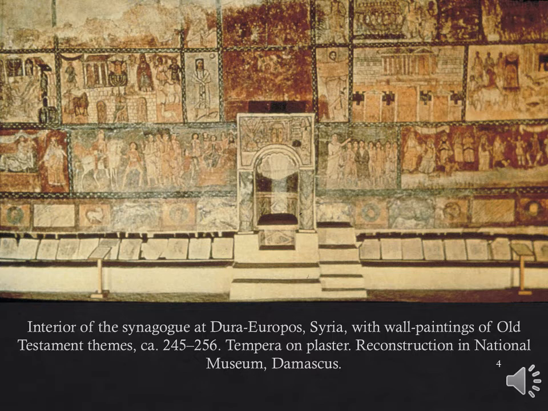Now, in Dura Europus at the same time, there are also many people who are polytheistic, who follow the Roman gods and goddesses, and there are also going to be a fair number of Christians who will populate this region as well. During the first couple centuries of Christianity, which is contemporaneous with what we're looking at in the synagogue, we're going to notice a lot of Christian iconography that will borrow very heavily from Jewish iconography and Jewish symbolism.